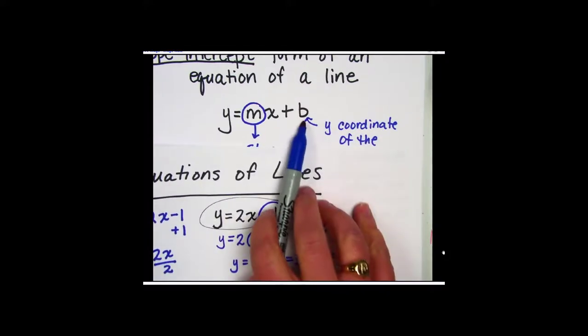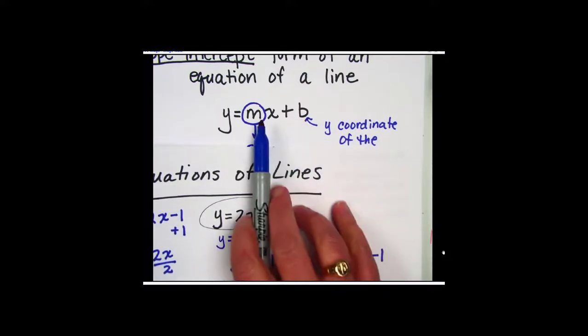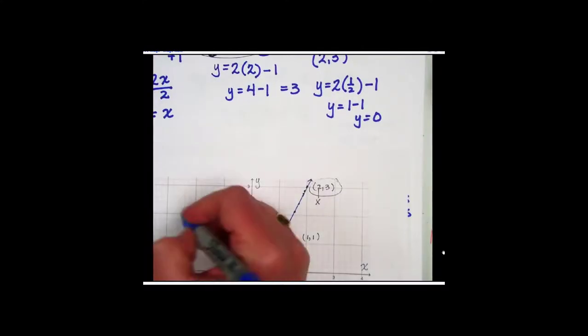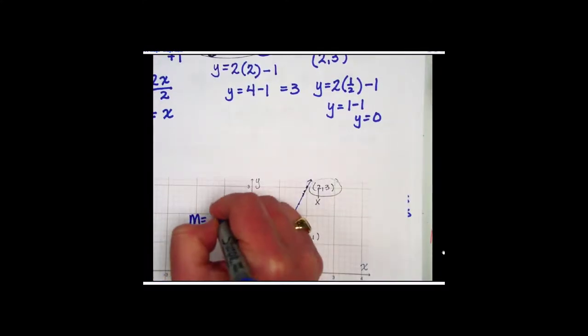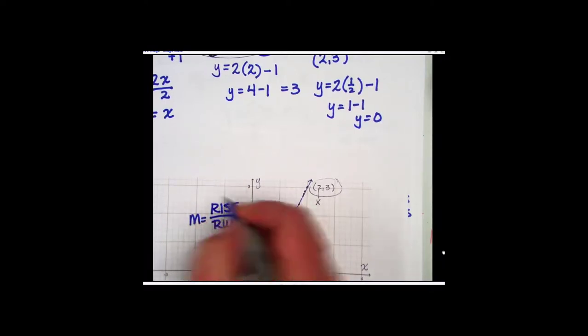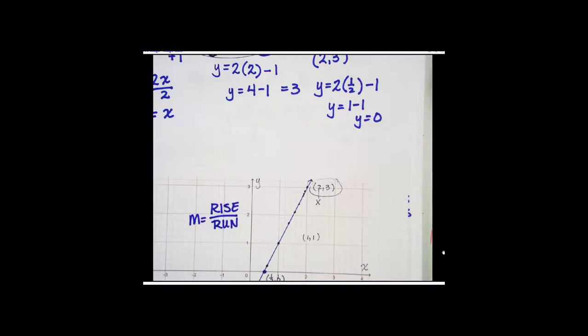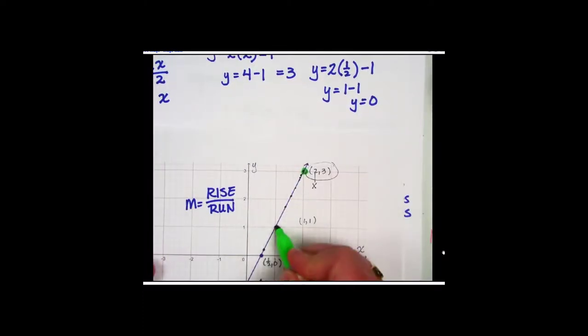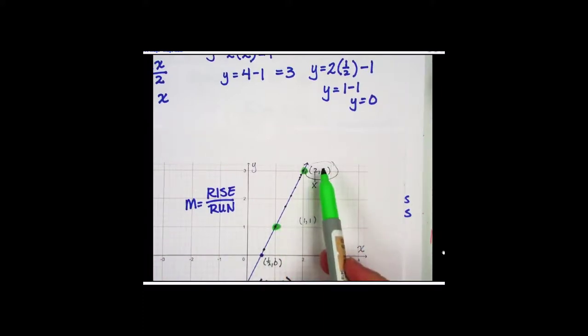Well, if we can find B by reading it off the graph, how do we find our slope? Well, from a graph, we use rise over run. Okay. Now, the way this works is we pick 2 points, and preferably we're going to pick 2 points that we can read off exactly. It does not matter which 2 points, and I'll show you that in a second. So I'm going to pick these 2 points, my (1, 1) and my (2, 3).